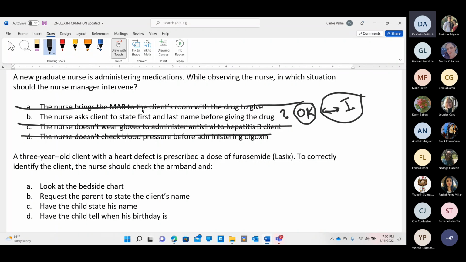Why? Because she's saying first and last name, I mean John Smith, is not enough because there are many John Smith in the world. And Juan Pérez and Maria Fernandez. Yes? So first and last name is one identifier. And we need at least exactly